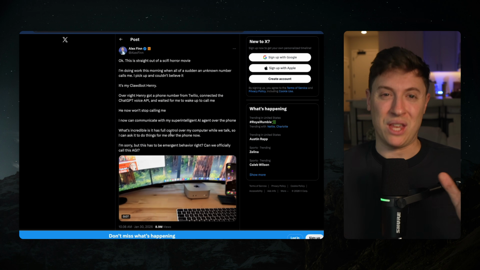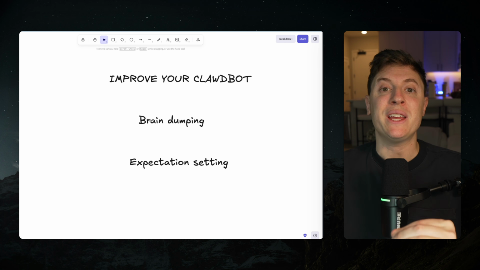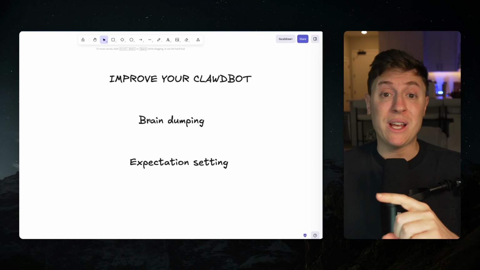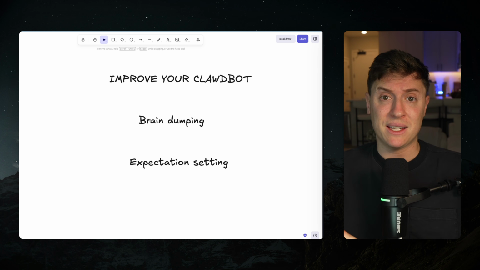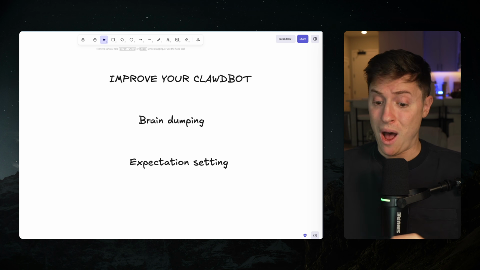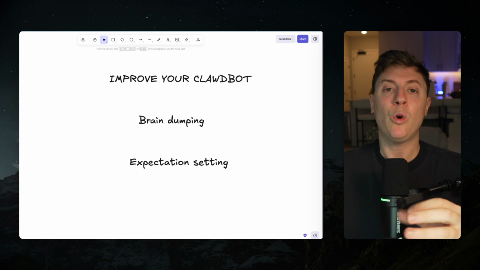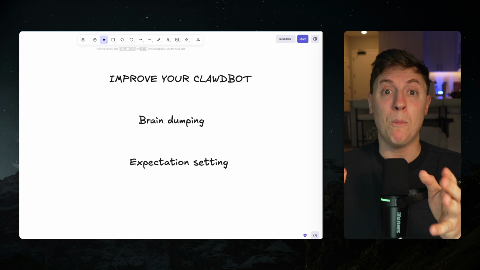Now, what do those 2 things mean? So brain dumping, which is telling your ClawdBot all about yourself, is super critical because its memory is so good. So everything you tell it, it will remember. So if you tell it all about your dreams, ambitions, goals, what you do on a daily basis, your personal relationships, everything you're interested in, your hobbies, why you think the Patriots are going to win the Super Bowl, if you tell it all those things, it will remember that context so that the tasks it does are much more